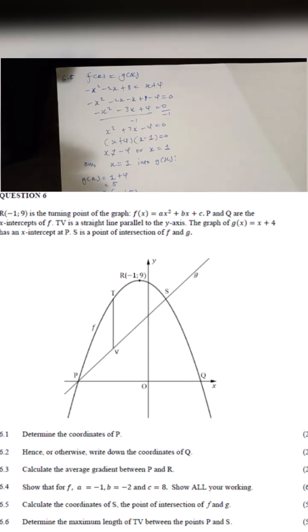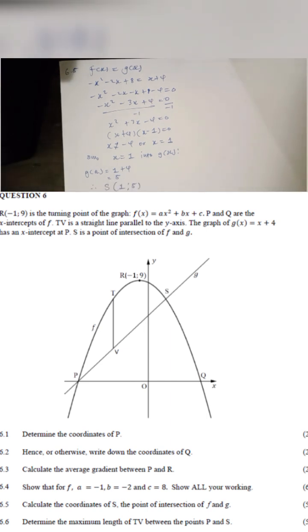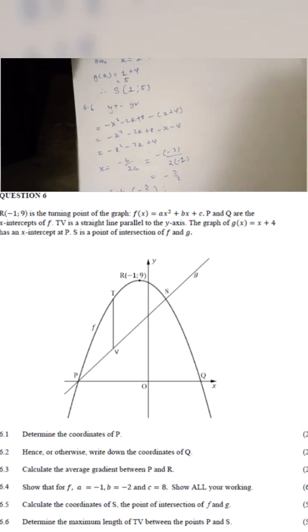Now here we move on. 6.6 says determine the maximum length of TV between the points P and S. Between the points P and S, okay? Now points P and S, T lies on f of x and V lies on g of x. What does that tell us? Well, since this is a vertical distance, then we will say yT minus yV. So which means that length of TV is equal to